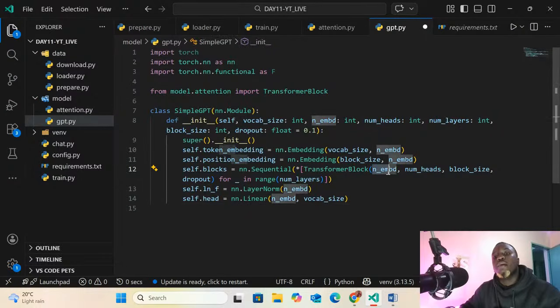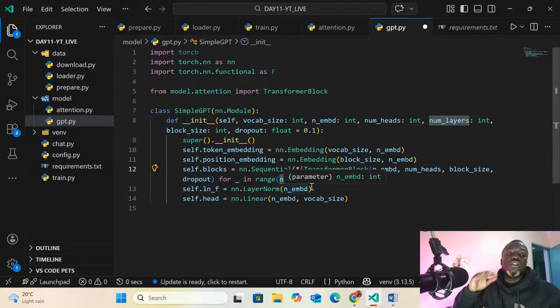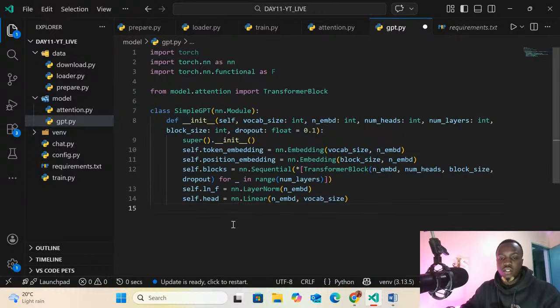Then you're going to pass the number of embeds, the number of heads, the block size, and dropout to avoid overfitting. Then you are going to select the range of the number of layers. So we are going to build a 6-layer architecture of this AI, a 6-block AI.